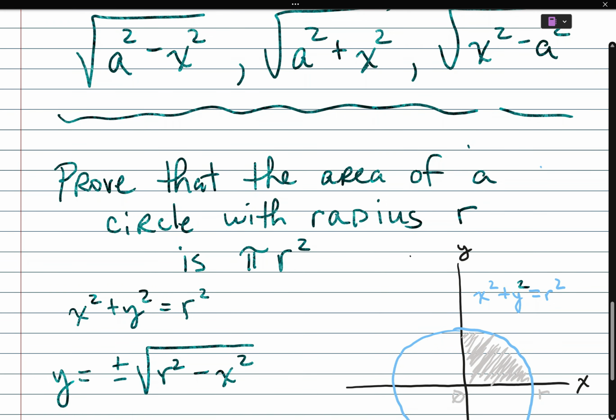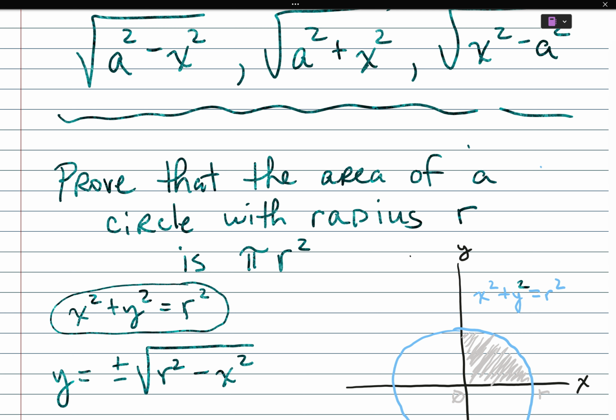That the area of a circle with radius r is pi r squared. Okay, so to keep it simple, we're going to place the circle with its center right at the origin of our Cartesian coordinate system. So the equation, as we know, is going to be x squared plus y squared is equal to r squared. All right, so then if you solve this equation for y, carry out the algebra, you should get y equals plus or minus the square root of r squared minus